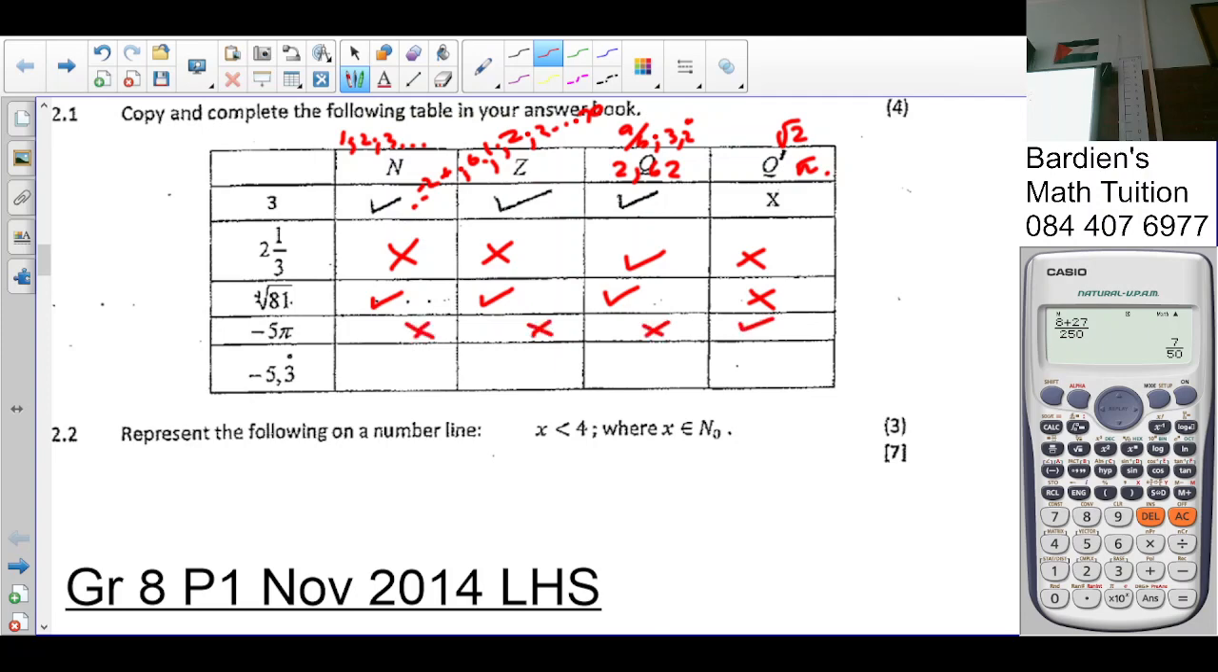And then negative 5 recurring is not natural, is not an integer, is rational but not irrational. Okay. Then